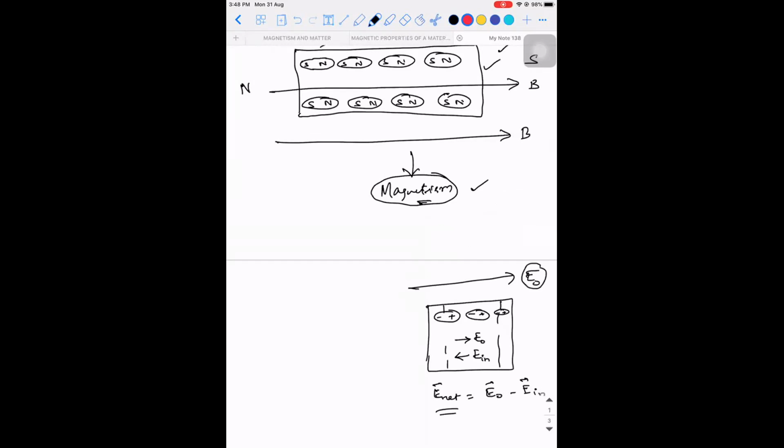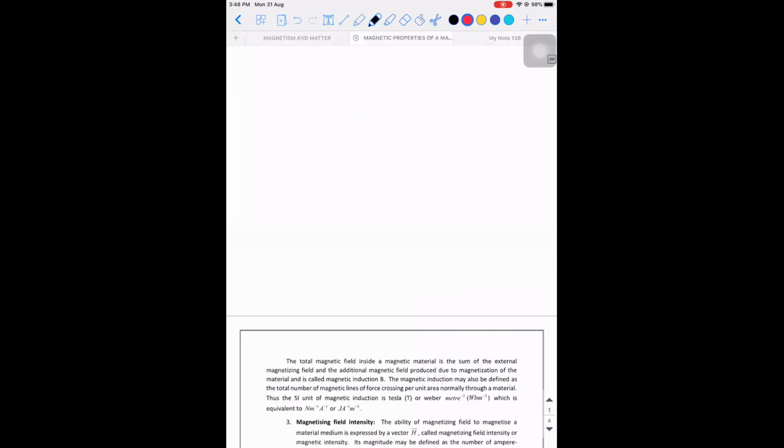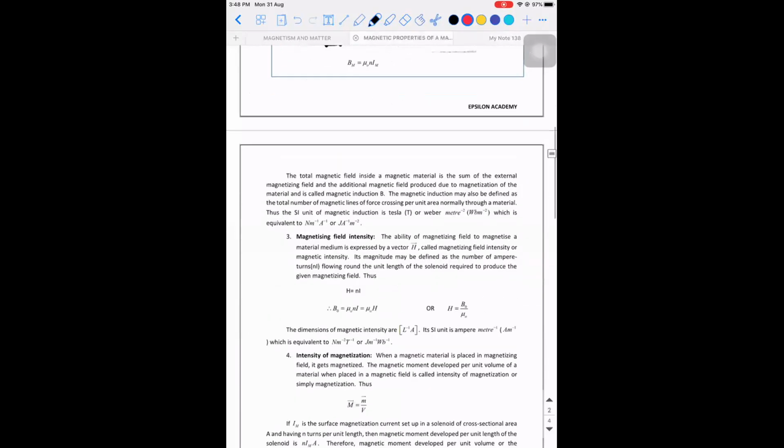So instead of an electric field, you are placing it in a magnetic field B naught, which is equal to mu naught N i. Let's say you place it inside a solenoid, due to which there is a magnetic field getting induced inside. If I say the vector sum of the external magnetic field plus the magnetic field that has got induced inside, the name I give to it is magnetic induction. So what is magnetic induction all about? The external magnetic field present plus the net magnetic field generated inside the material. Okay, so observe this. This is the definition of it.